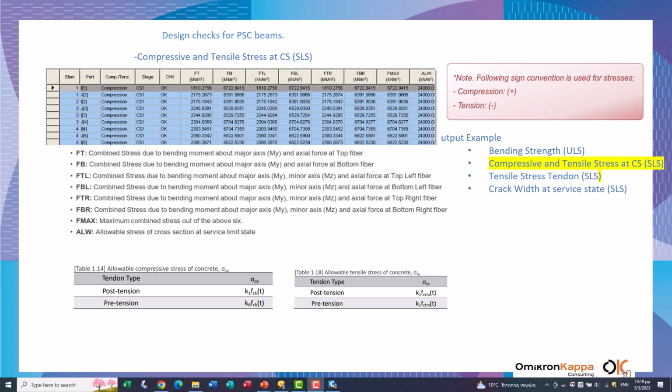For the stress verification at the construction stage, the most critical compressive stress during construction should be less than the allowable compressive stress before losses of the pre-stressing.